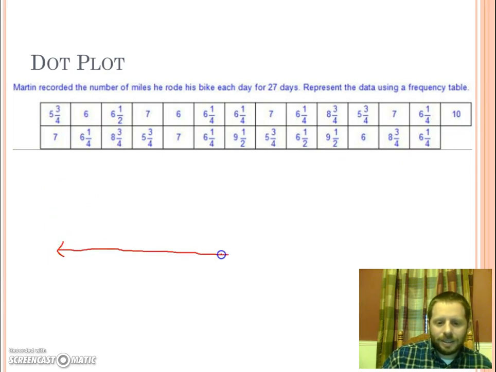We don't need to technically start at 0. We can start at a different value. So for this one, I would probably start my number line at the lowest data point, which is 5 3/4. And then I would make each mark count by a quarter. So here's 6, 6 1/4, 6 1/2, 6 3/4,